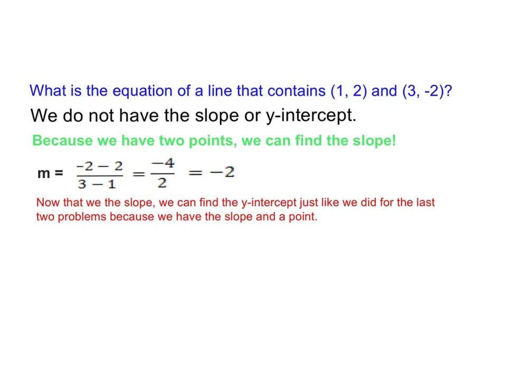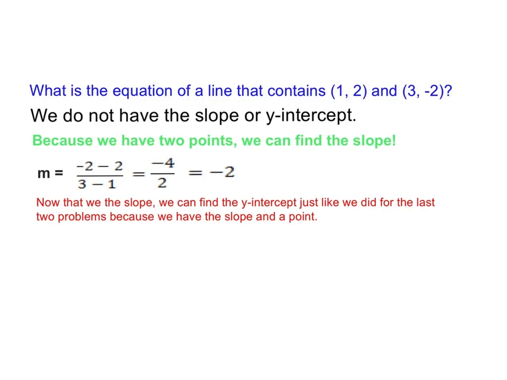So, Kalani, right side of the room, what did you get for your answer? Y equals -2x plus 4. Negative 2x plus 4. Right side of the room, do you agree with Kalani? Yeah. Raise your hand if you agree. Negative 2x plus 4. Okay, thank you. Left side of the room. Spencer, what'd you get? Y equals negative 2x plus 4. Left side of the room, do you agree with Spencer? Anybody disagree? Okay, so we got the same equation, right side of the room versus left side of the room,